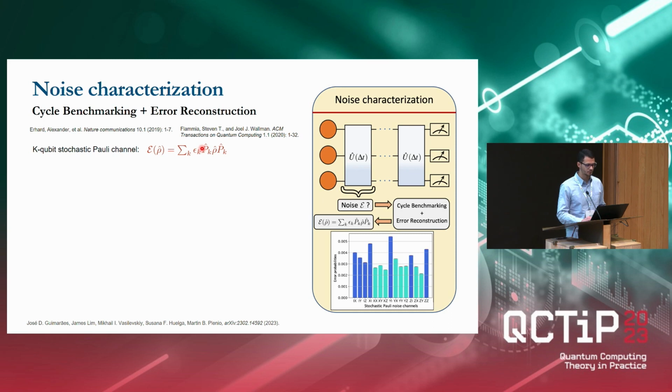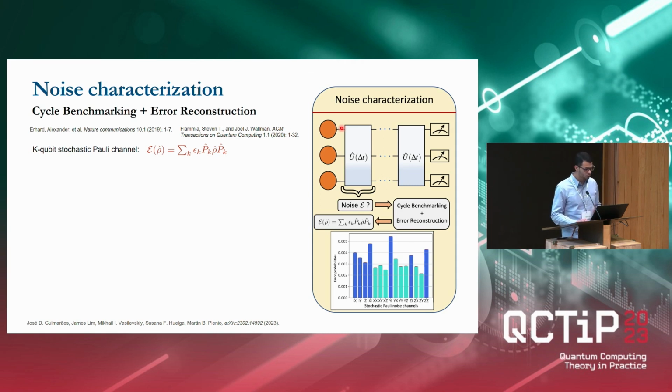Here on the right side of the slide, we have an image illustrating this. We have the orange circles that are the qubits where we encode the open quantum system degrees of freedom. And then we apply the Trotter-Suzuki product formula. We just repeat the Trotter layer for d times, for the Trotter iterations. And then we characterize the noise over one Trotter layer, because the others are essentially the same as the first.